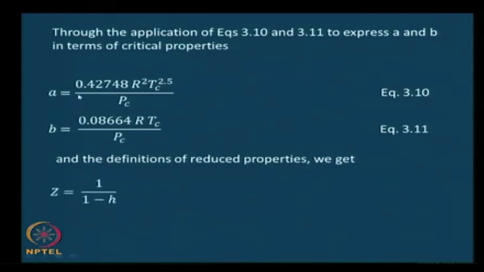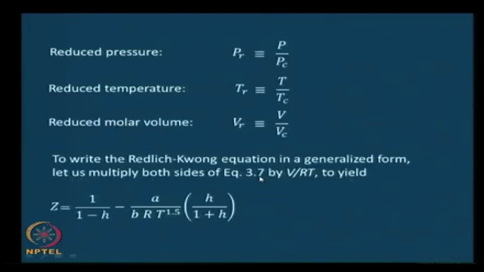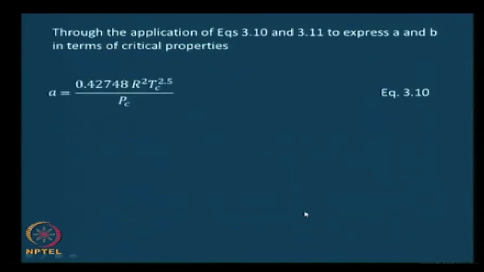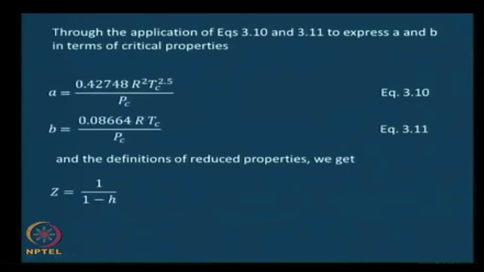If we do that and substitute these expressions for A and B in the earlier formulation, which is this, Z equals 1 by 1 minus H minus A by B R T power 1.5 into H by 1 plus H, we will get Z equals 1 by 1 minus H minus, combining all those constants together, 4.934 divided by Tr power 1.5 into H by 1 plus H. We will call this equation 315,